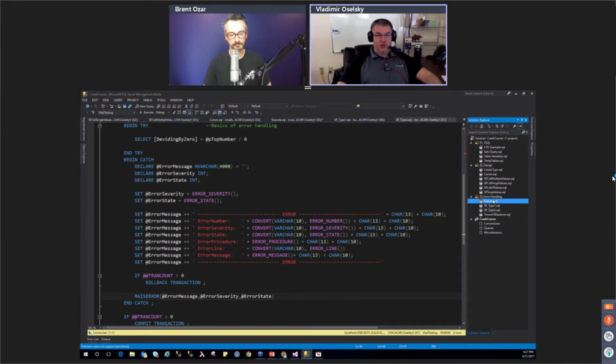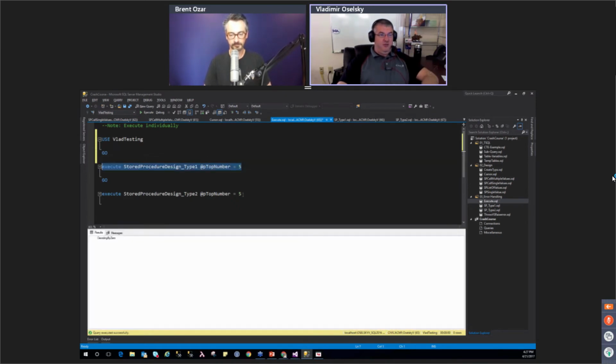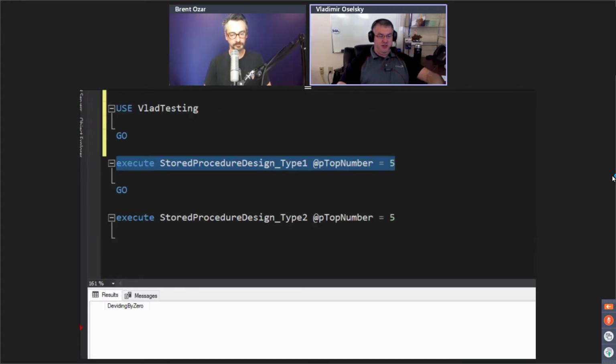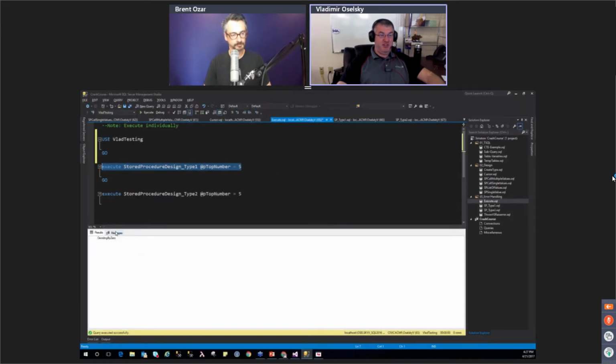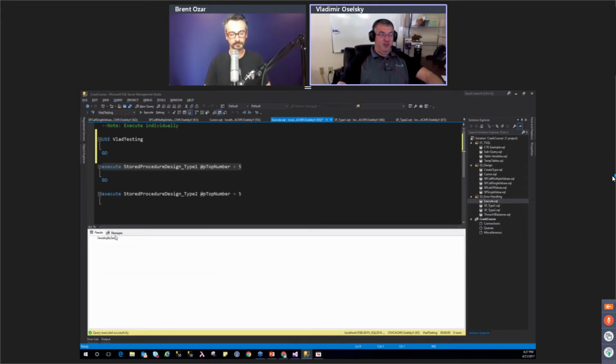So let's look at the execution of it. We execute a stored procedure that caught an error, but nothing really happened. Well, because we print. So to see an actual message, we would have to go to the messages tab. If this is something that's being called from a front end and they're not reading back the messages, they won't even know that your stored procedure failed. They just won't get the results back.